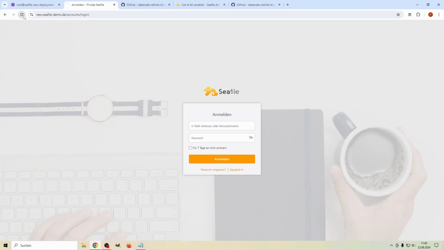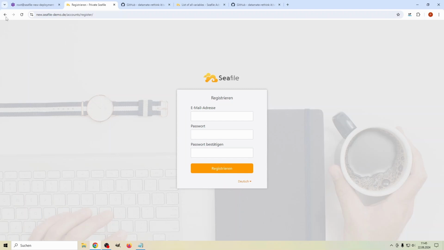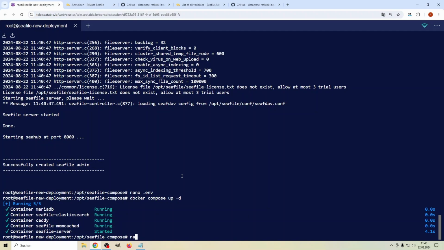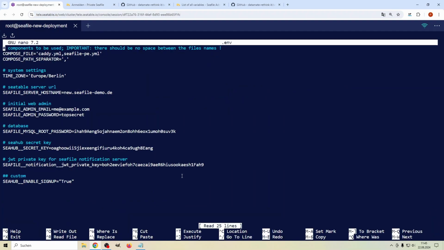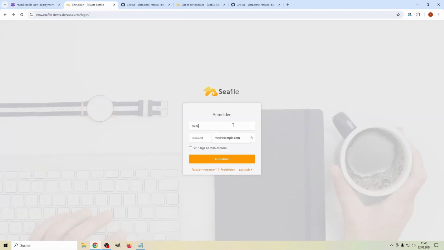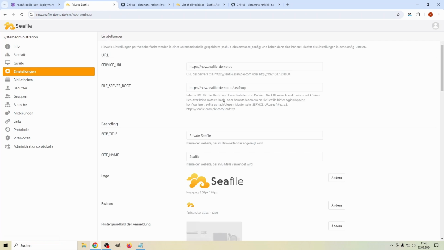And for sure, my system is, for some seconds, not available because the container has to be restarted. But as you can see here now, an easy configuration change in my env file, and now I have this registration button which allows me to sign up new users. Okay, another example. Let me just, for example, meet@example.com, top secret. Okay, you might remember there is this web interface section in the system admin area where you can just configure some settings of your Seafile server,